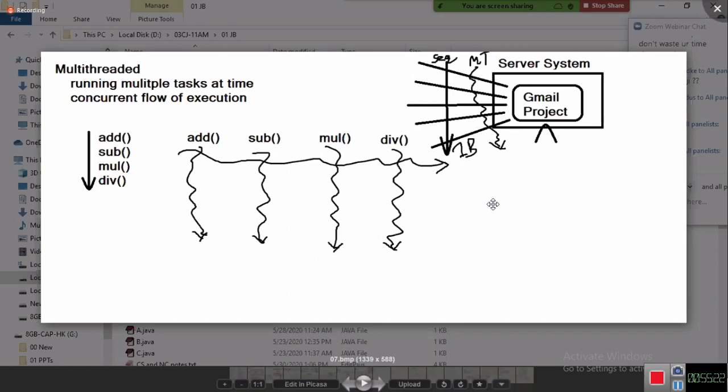Then tell me, the same story is applicable here. Why? If I don't have my own barber, then it takes so much time. If 5 chairs are there, 5 barbers are there, 5 people are there, no problem. I'll wait because my turn will come quickly. Next, infinite threads will not be created. There is a finite number of threads based on your processor capacity. An infinite number of threads cannot be there. So if you take a shop, the maximum limit is 5 chairs, 5 barbers, and five people waiting. I'm the 6th person. No problem, I'll wait.